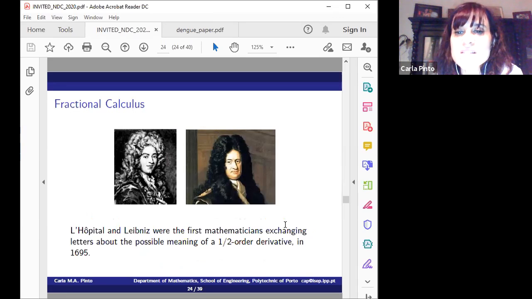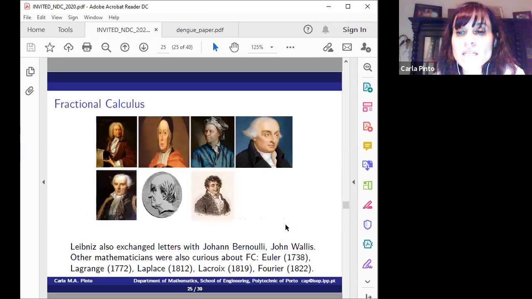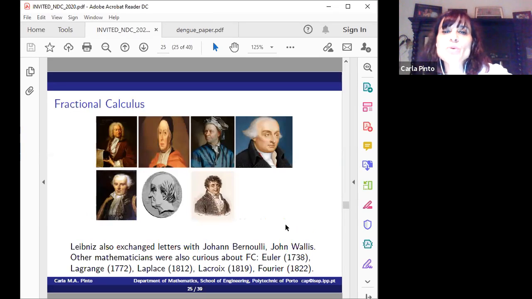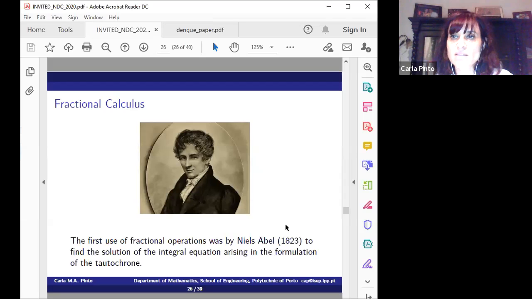challenging theory started with L'Hopital and Leibniz in 1695, when they discussed the possible meaning of a half-order derivative. And then Leibniz also exchanged letters with Bernoulli, John Wallis, and later on other mathematicians such as Euler, Lagrange, Laplace, Lacroix, Fourier also looked at fractional calculus. The first paper published on this was by Niels Abel, 1823,